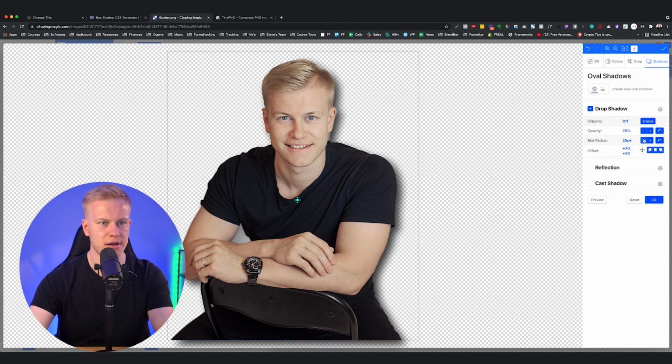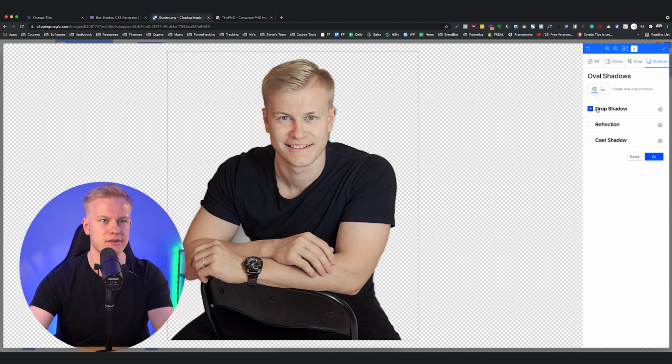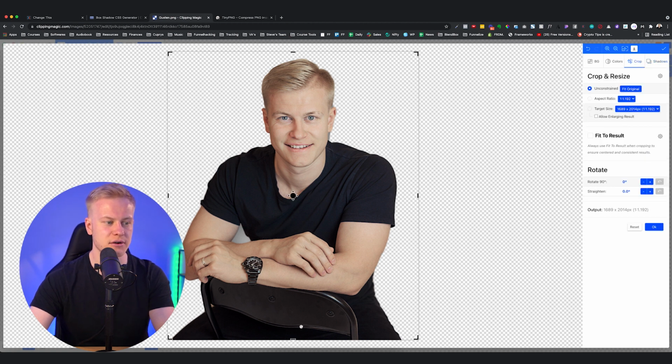Or if you want one, you could reduce the opacity of it. Don't make it super strong, but you can have a shadow there if you want to. And then just make sure that you crop it, like here for an example. If I crop it right there, I also want to delete all of this empty space on the sides